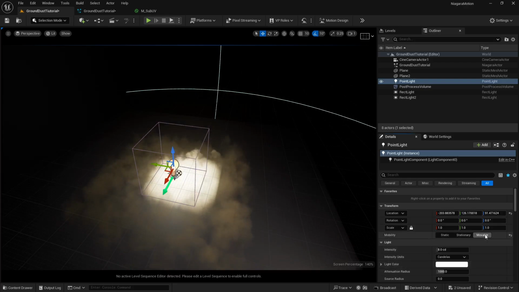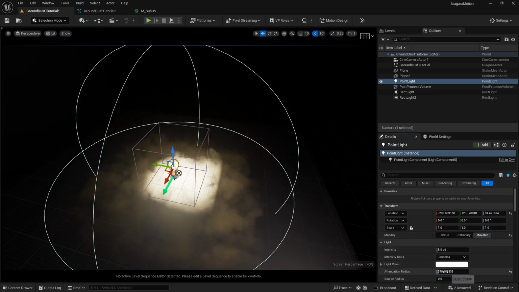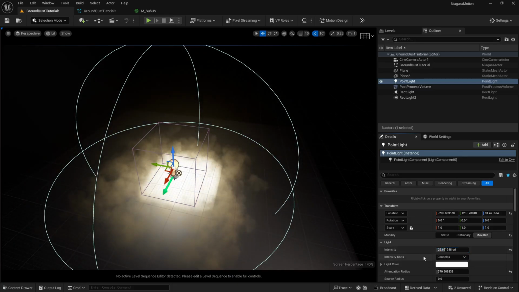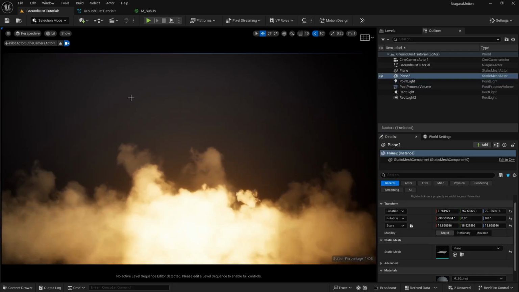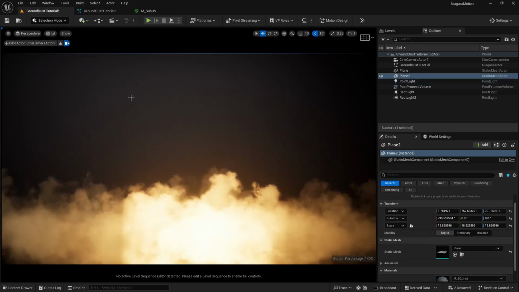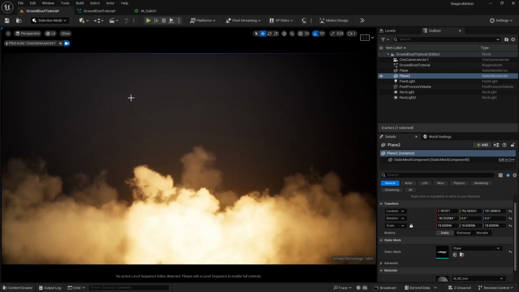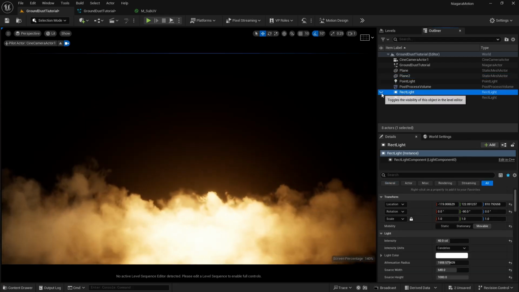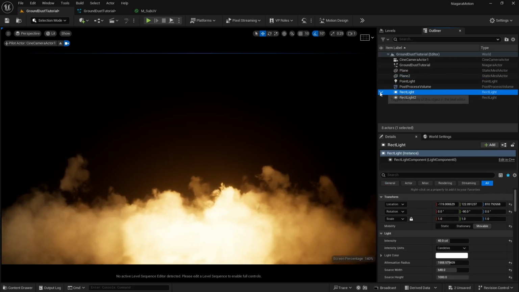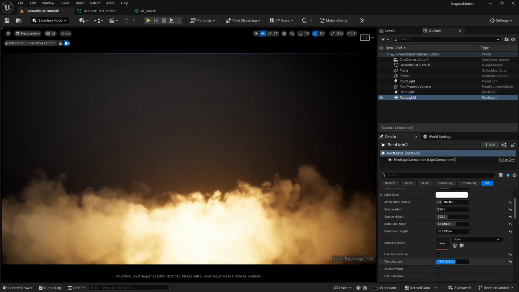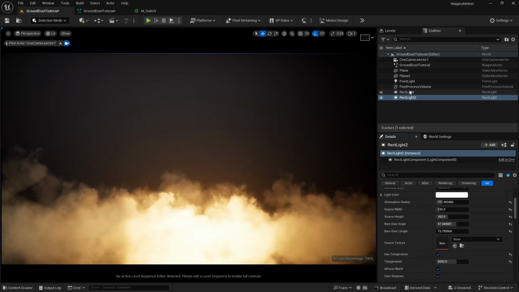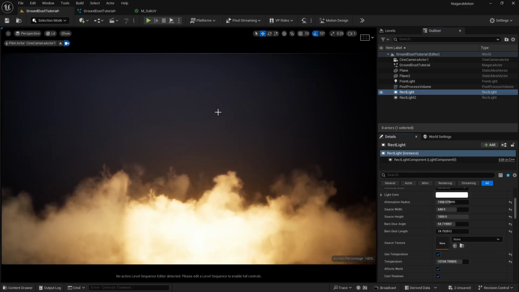Okay, and what I'm going to do, I'm going to switch to movable and just make sure that attenuation radius is somewhat like this here, and I can play with the intensity as well. Okay, and let's just play with the temperature as well. Okay, and now you can see the result. And if I go to my camera, now you can see what we are getting here. This is looking really good, and we are getting some nice looking result here. And you can play with the lighting as well, so you can see the result here as well. Okay, and you can maybe change this to, let's say, a cool temperature. Okay, so it is going to use both of the lights. So now you can see the result.